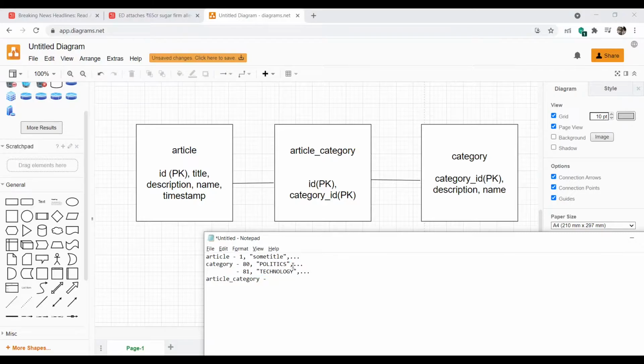Let's say this article needs to be mapped with 2 categories, 80 and 81, that is politics and technology. So the mapping in article category will have 2 rows: the ID of the article with the ID of the category, and the second row would be the ID of the article and the other ID of that category. If you already have some database knowledge, this would look like a piece of cake.